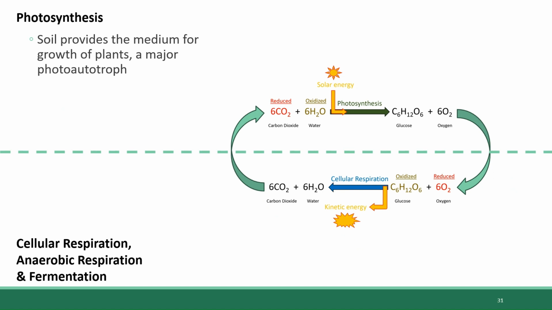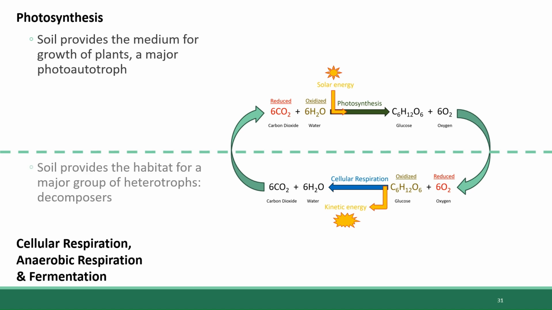So, soil provides the foundation for plants to absorb carbon, but soil also provides the habitat for the major decomposers: bacteria, fungi, and certain types of worms and insects. The decomposition of organic matter is the opposite of photosynthesis. Through cellular respiration or other metabolic processes like fermentation, decomposers will break down organic molecules and release carbon dioxide into